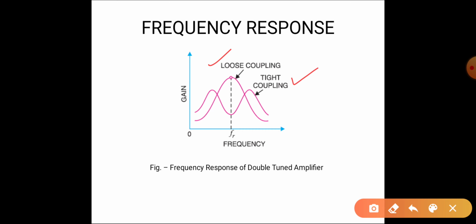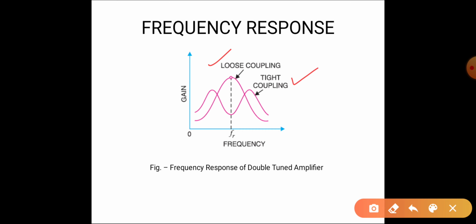When the two coils L1 and L2 are spaced apart, all the primary coil L1 flux will not link to the secondary coil L2. When there is a gap between L1 and L2, all the flux will not link to L2. So these coils are said to have loose coupling. Why? Because they are spaced apart. Under such conditions, the resistance reflected from the load is small.